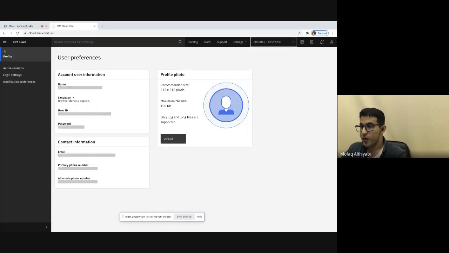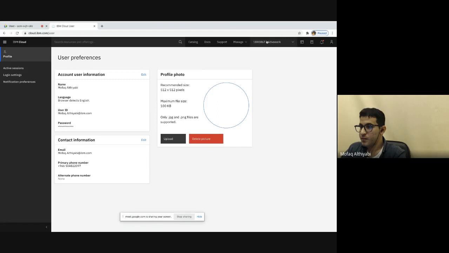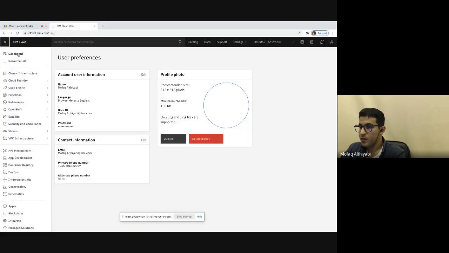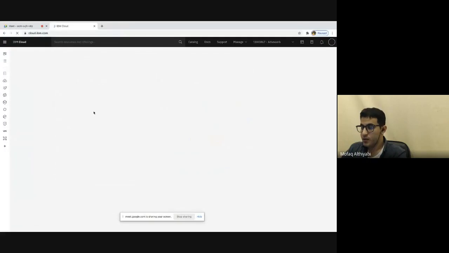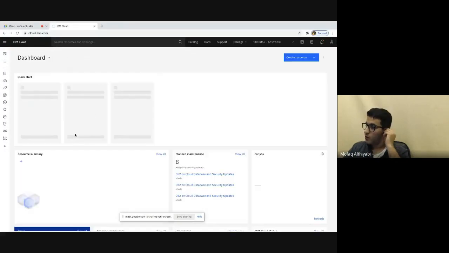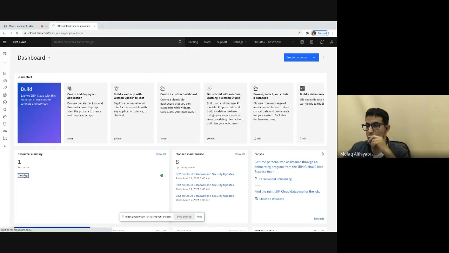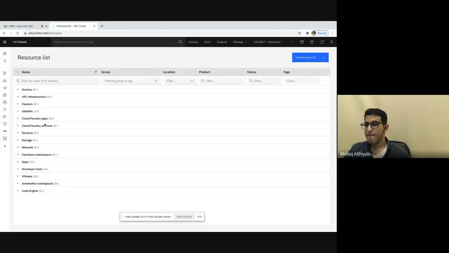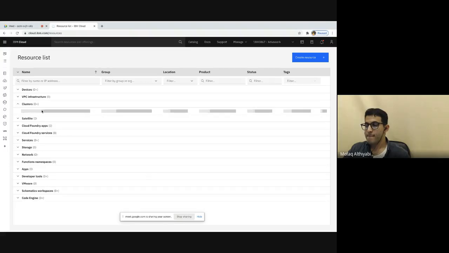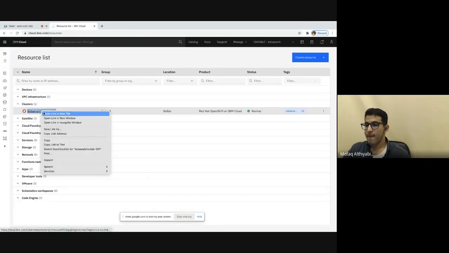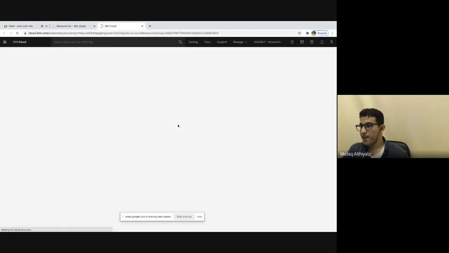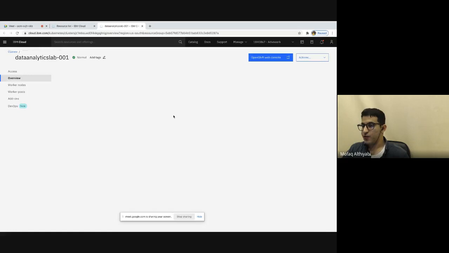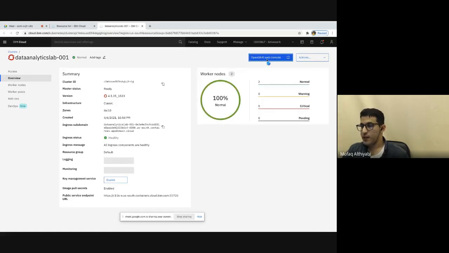Okay, if you have registered and you have access to the lab, this is where you can go to the dashboard first. Then OpenShift, we will open the OpenShift cluster, the OpenShift Web Console. And then once you open that,